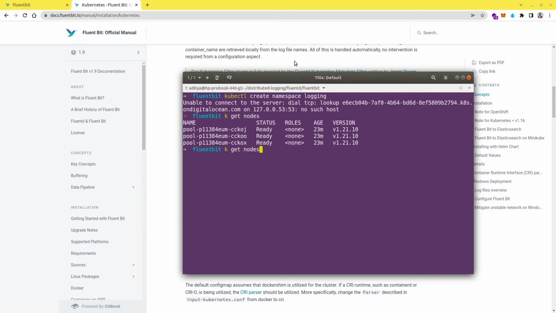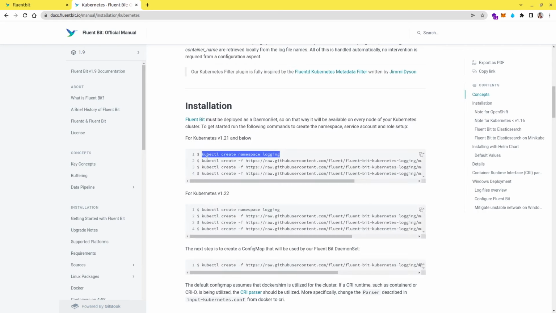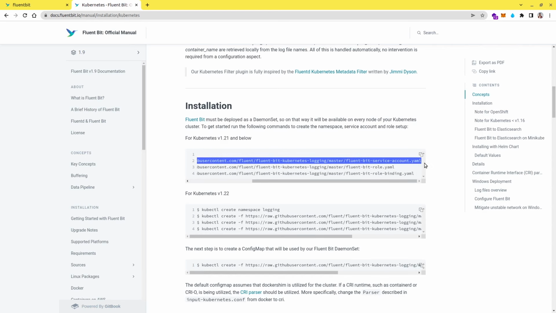Yes, so my cluster is up and running. Let me create a namespace. Yes, so the namespace got created. And now let's understand why we need these resources, why we need this service account, why we need these